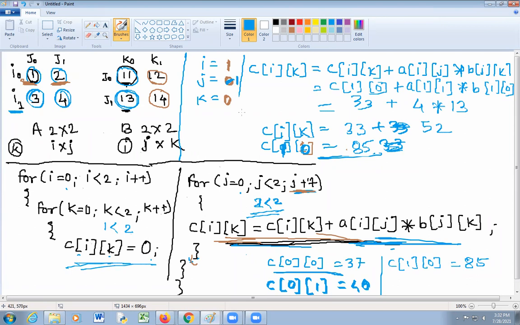So see here, value of I equal to 1. Value of j is equal to 0. Value of k is equal to 1. So C of 1 1 is equal to 0.